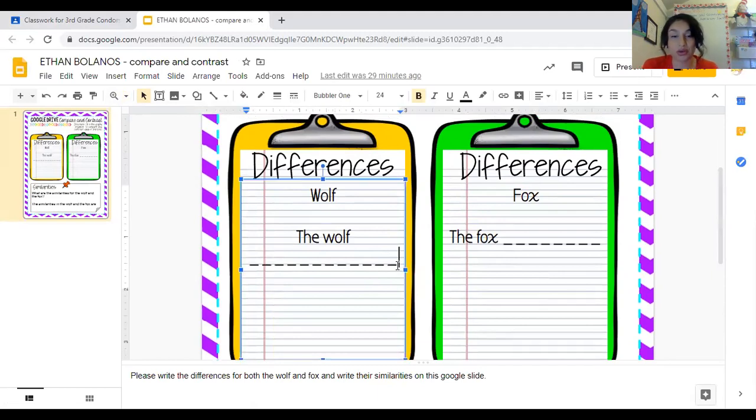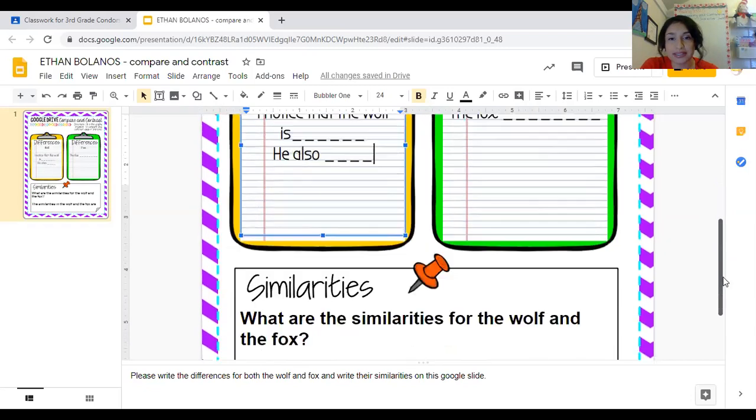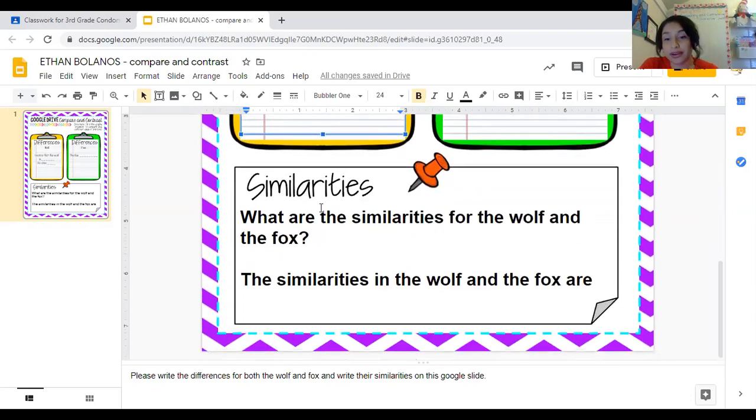and the fox. Okay. Here we're going to say, the wolf, I notice that the wolf is, blank. And you're going to give me, he also blank, right? You're going to give me many sentences. The same thing goes for the fox, friends. You're going to give me about 2 to 3 sentences. And then the similarities. What is the same about the fox and the wolf? Okay, the similarities in the wolf and the fox are, and you're going to go ahead and type that up